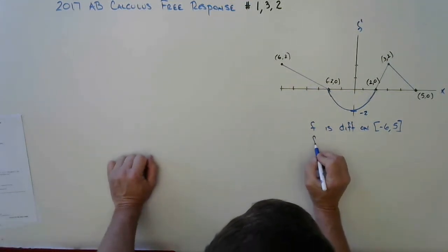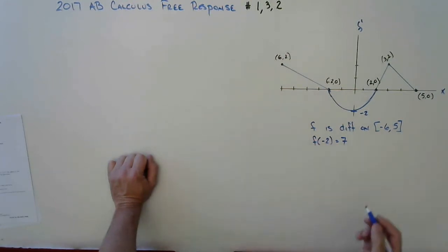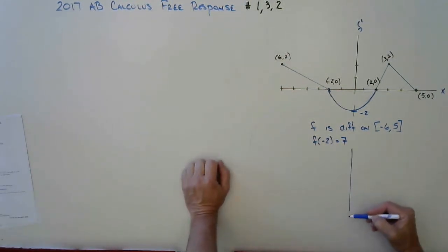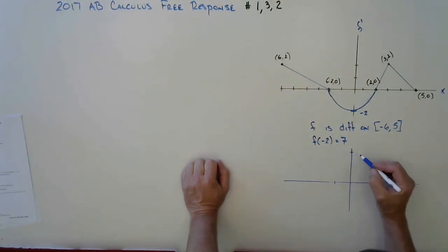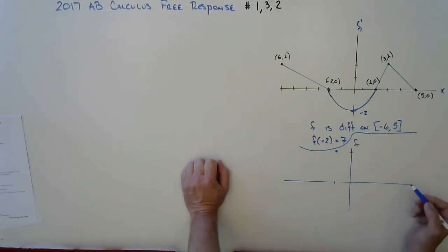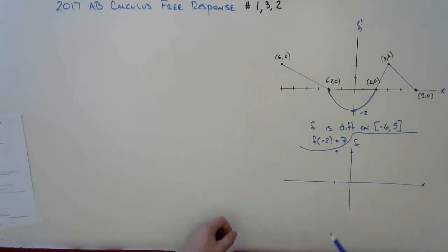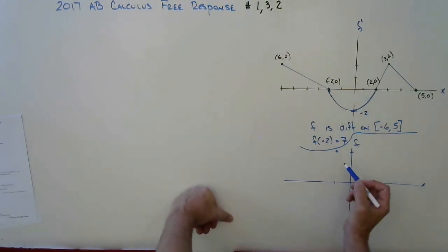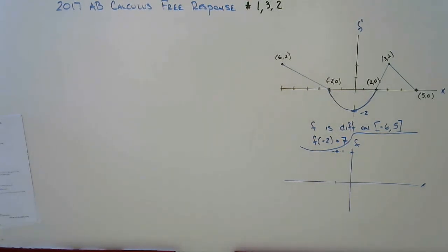And f of -2 equals 7. We don't know what the graph of f looks like. We have no idea. But we know at -2, the graph of f goes through -2, 7. And we know the slope at -2 is 0. So our slope there is 0. Part A